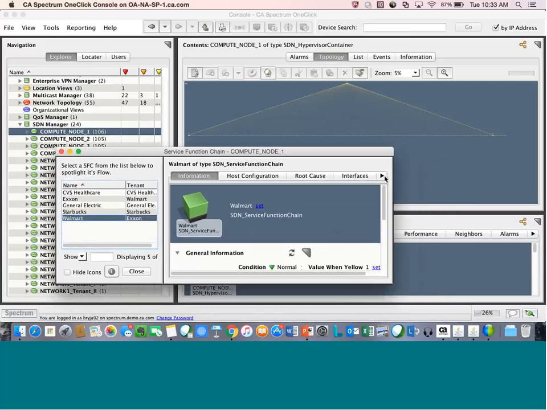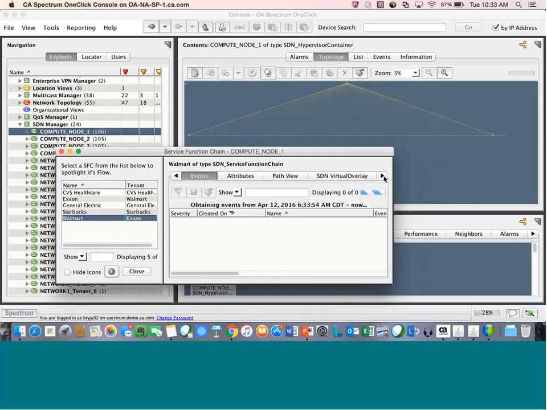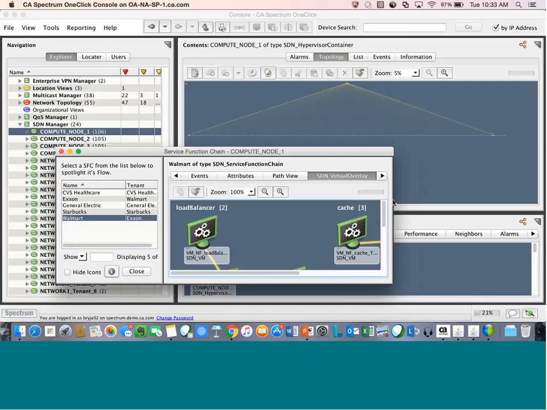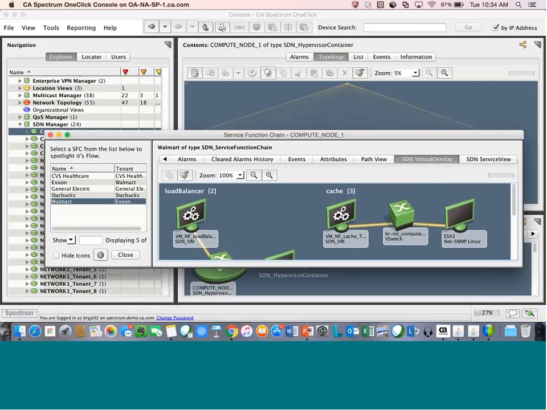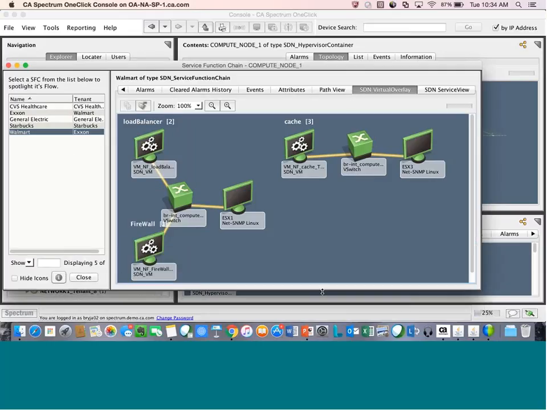And then if I scroll down, two of the new views that we have built in here is one is an SDN virtual overlay, right? So what this is going to give me is an overlay over my physical environment that shows what my actual virtual devices are, my virtual overlay. And it shows me kind of the order that they go in, right? So from firewall to load balancer to cache within here. And that's what's really represented by the numbers that are in here. So that I can actually see where all these make their connections within this SDN environment.